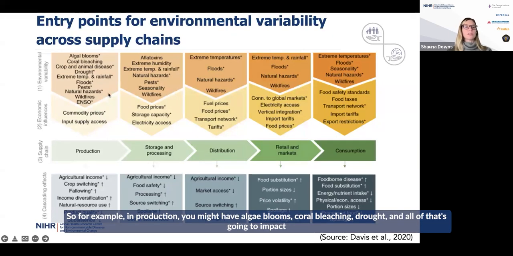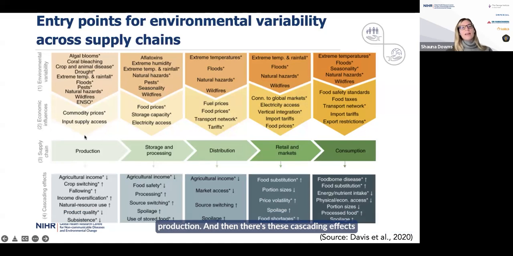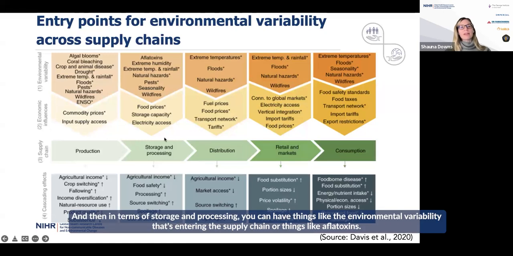So for example, in production, you might have algae blooms, coral bleaching, drought, and all of that's going to impact production. And then there's these cascading effects, like reducing agricultural income, leading to crop switching, a reduction in product quality. And then in terms of storage and processing, you can have things like the environmental variability